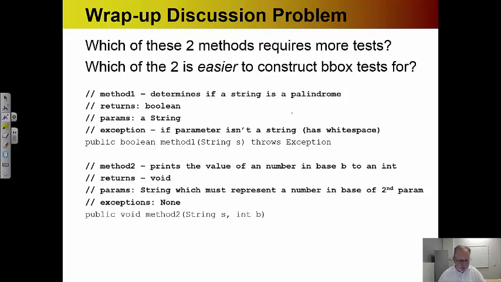Okay, hopefully you unpaused, you considered that. Which of these 2 methods requires more tests? I didn't go through the exercise of writing out all the test cases. Hopefully that's what you did. But when considering these things, how do you look at this documentation and this method signature and try and figure things out? Well, you should take out a piece of paper and try and understand what the different